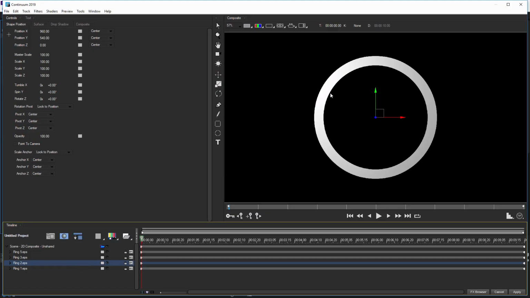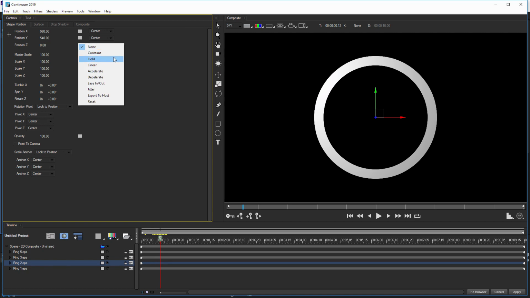So I'm just going to focus on animating up the first ring here. And I'm going to do something rather simple. I'm just going to come over on my timeline a little bit, maybe about half a second in. You can see the time on the ruler down here, or you can see it up in the viewer here. And I'm just going to add a keyframe in my position Z. And I'll choose what type of keyframe I'm going to add.